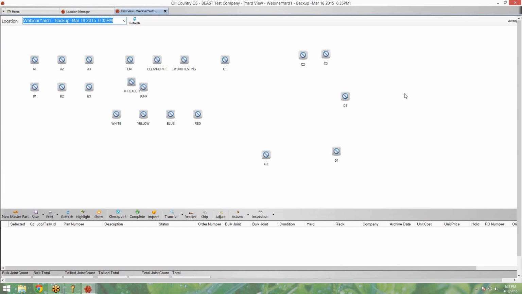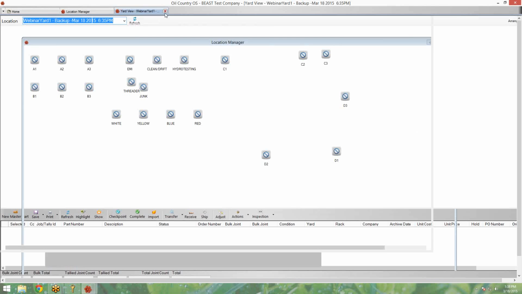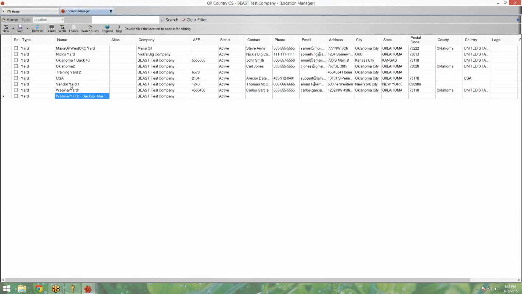So let's say you do go ahead and make those changes to your rack positionings, reorganize your yard however you see fit, and then say, hey, okay, I don't want to use my original yard now. I want to use this new one that I just set up. As we covered before, we can use the merge functionality. So what I'm going to do is some renaming. Much like with the clone and the merge, you can just right-click on a location and click rename. And it's going to warn you, hey, this is not reversible. And I'm going to name this